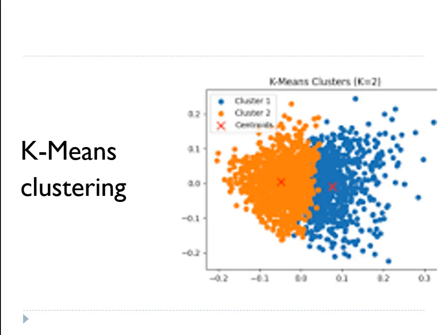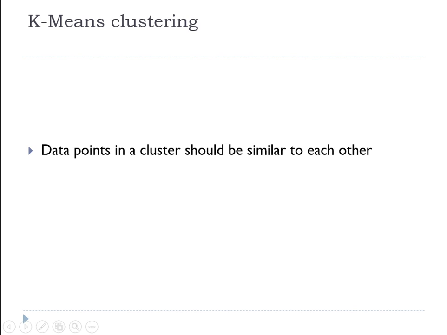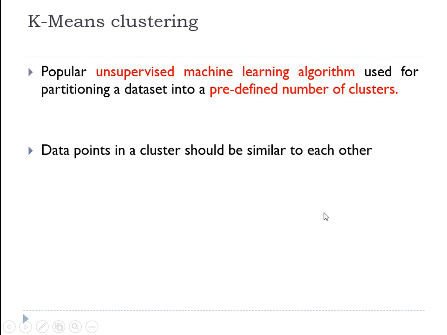This session we will be discussing k-means clustering. Now k-means clustering is a popular unsupervised machine learning algorithm which is used for partitioning a data set into a predefined number of clusters. So we have seen there are mainly two types of machine learning algorithms, in fact three: supervised,